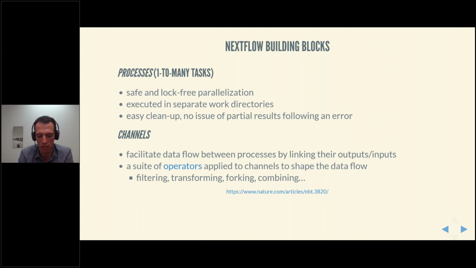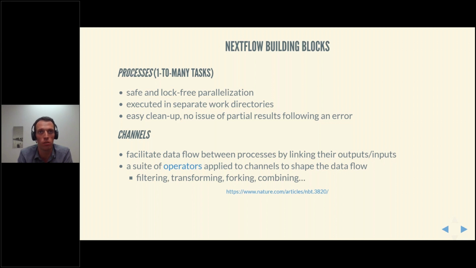And in addition to the processes, we've got channels connecting those processes. So channels conceptually are basically those pipes through which data flows into the processes and between processes.